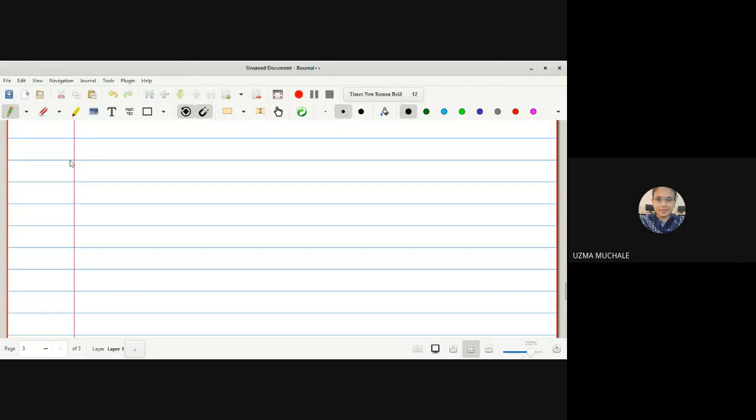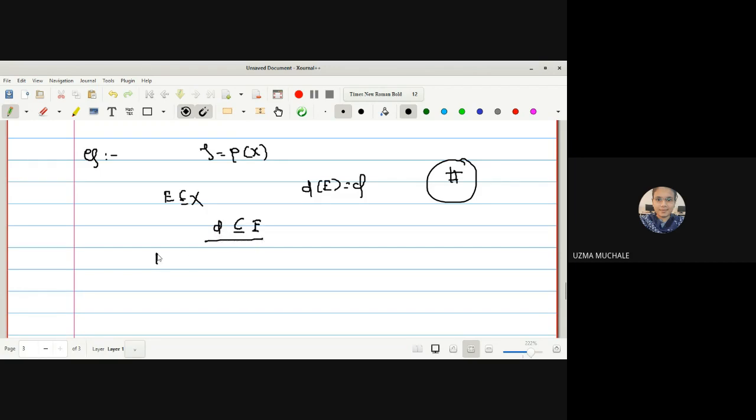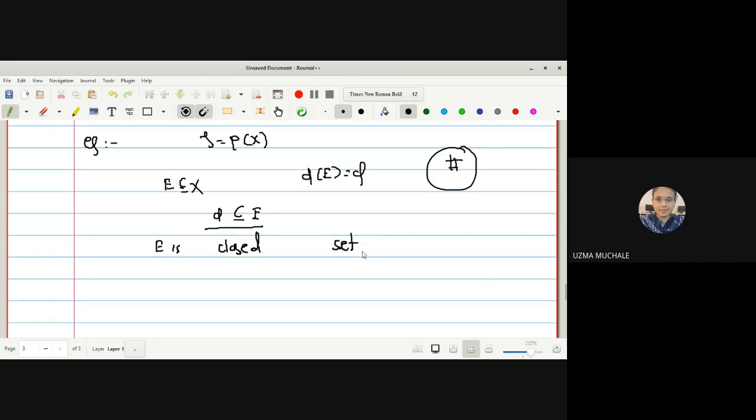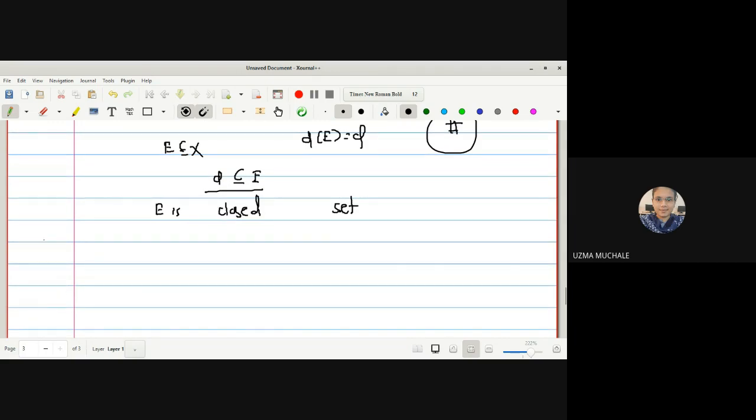Now let's take the same thing for the discrete space. What was the case for the discrete space that we found about the derived set? The empty set. If you take any subset E of X, the derived set of E is the empty set. If you remember, we proved this result by contradiction, and since the derived set of E is the empty set, and the empty set is a subset of every set always, hence E is a closed set. So now we can write a remark for this one.